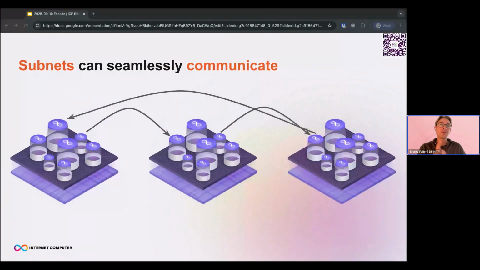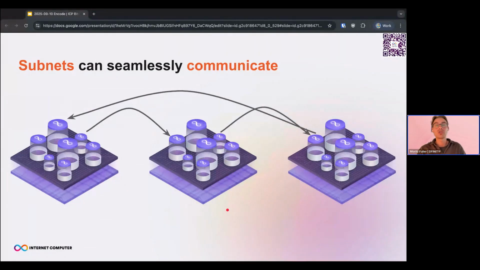And one thing that's special about those subnets is that they can seamlessly communicate with each other. And that in turn means that smart contracts that are deployed on those subnets can also seamlessly communicate with each other. And that is actually the magic that allows the Internet Computer to scale horizontally. So whenever we need more compute, more throughput, more storage, we spin up a new subnet